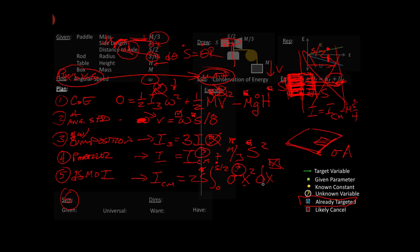This means x is a dummy variable in this integral. I'm just going to integrate it out. It's going to go away. Okay, and I'll never see it again. So that's a cancel. That goes away. I'm trying not to be naughty. All right, so